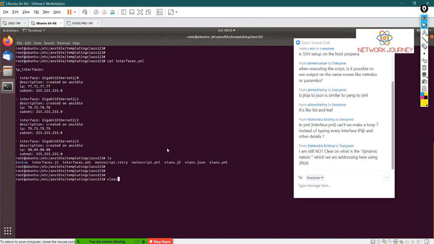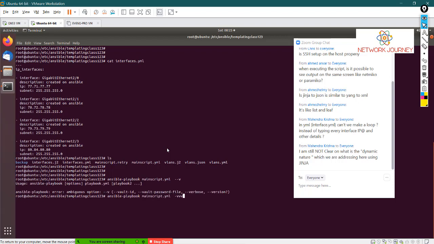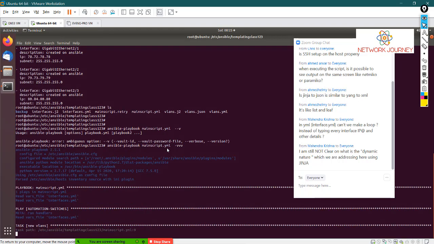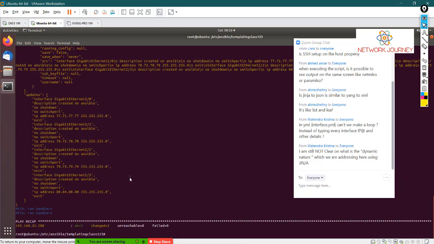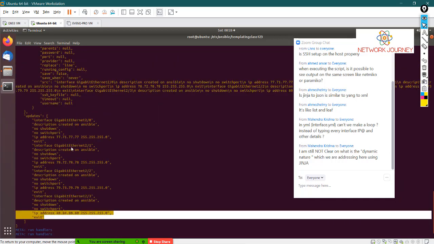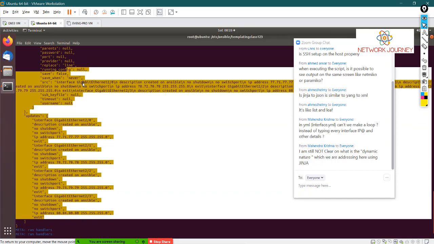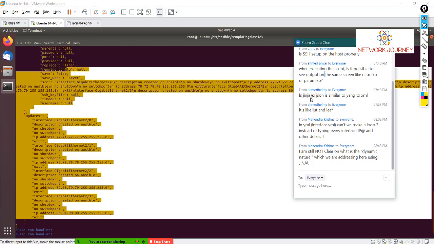Or if you don't want that mess, you can just make use of verbose. Let's say I have one of the Ansible playbook commands. If I place verbose, these are verbose outputs. This can also show you what is happening in that script. This output you got is not because you had something in your script, that's because of the verbose. Verbose is like your debugs, so it's going to show you.